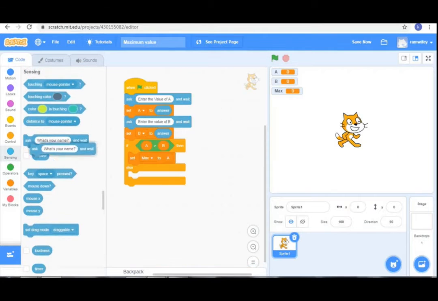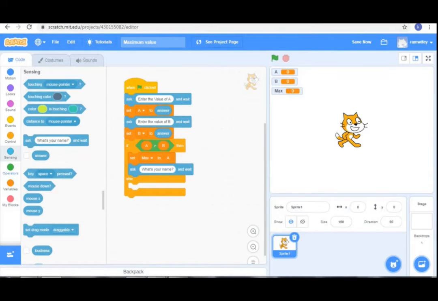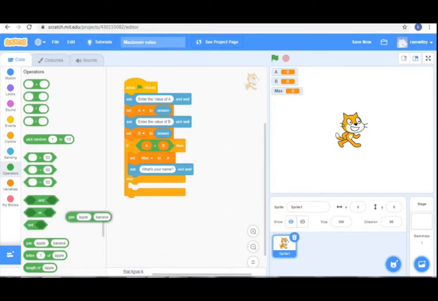Now drag and drop set max to a. If the value of a is greater, then it will return the answer of a. So for that, go to the sensing block, drag and drop the ask block. Then go to the variables block,